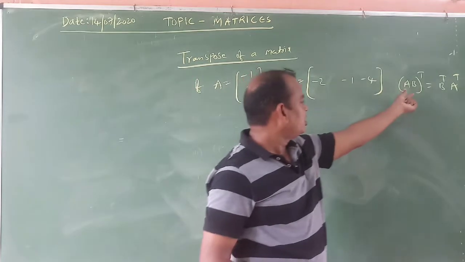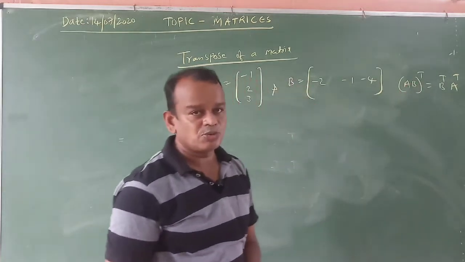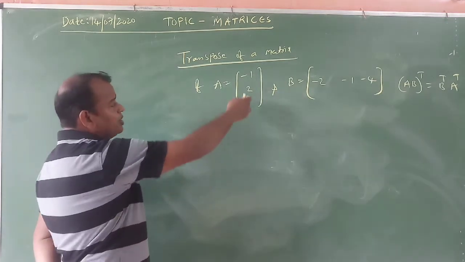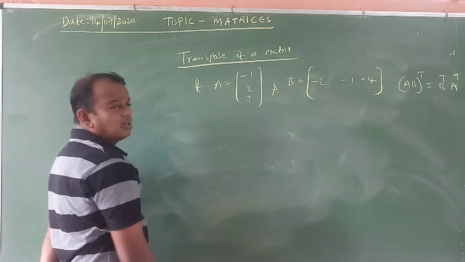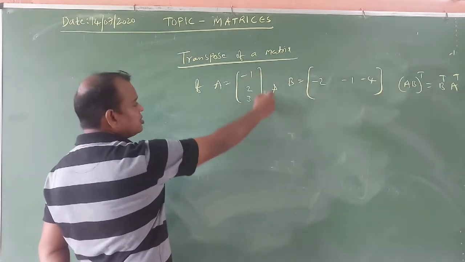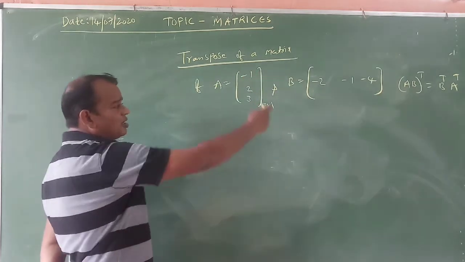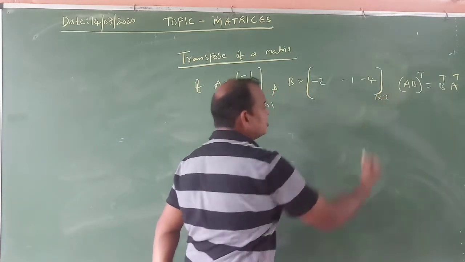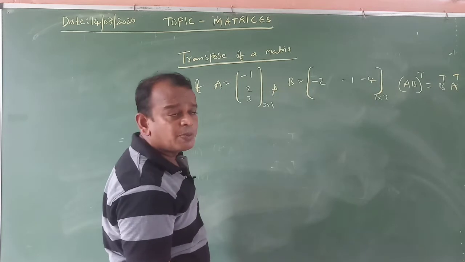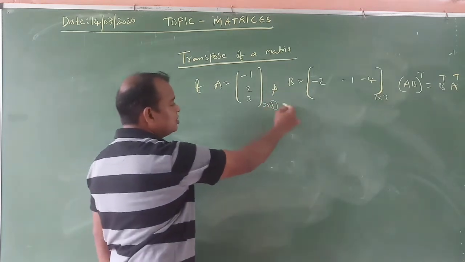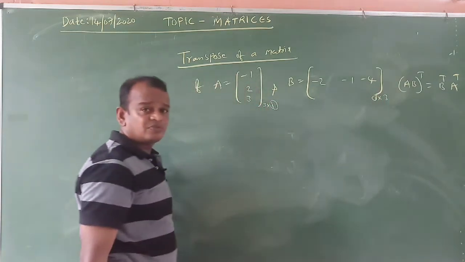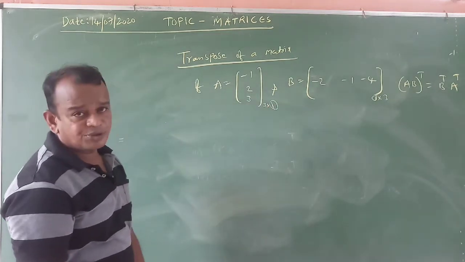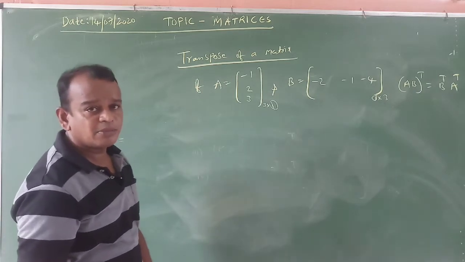First of all, we do the A into B product and after that the transpose. First of all, is AB possible or not? The order of this matrix is 3 by 1. What is the order of this matrix? This is 1 by 3. Now the product is possible 100%. In the first matrix, the number of columns is equal to the number of rows in the second matrix. Therefore, matrix multiplication must be possible.